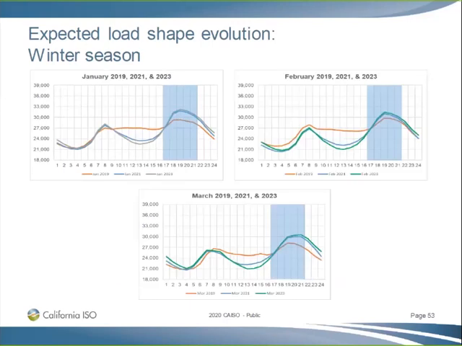Next slide, please. Finishing up with the remainder of our winter months, January through March, you see very similar conditions to the previous months, with the general shape of the peak and the hours staying the same, but just the peak values shift higher. And you can see here again, we have the AAH hours set as hour ending 17 through 21, which is the same as previous years.